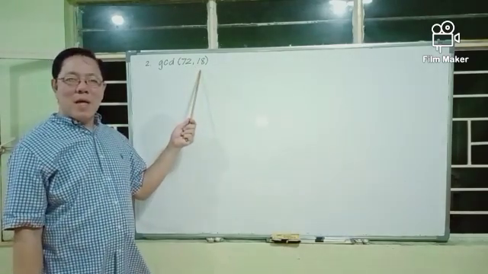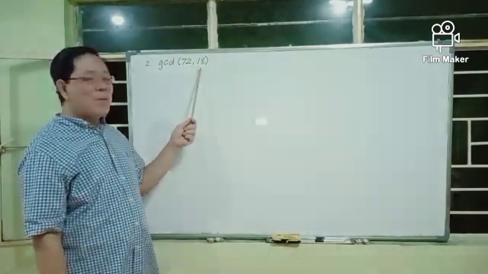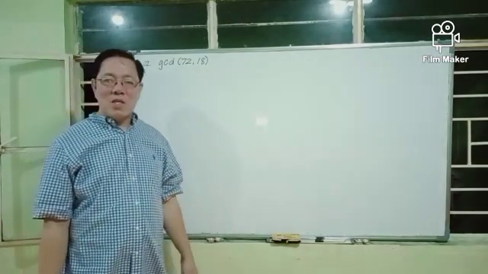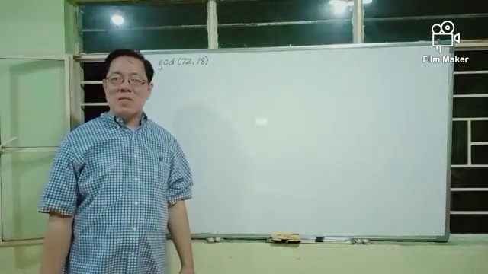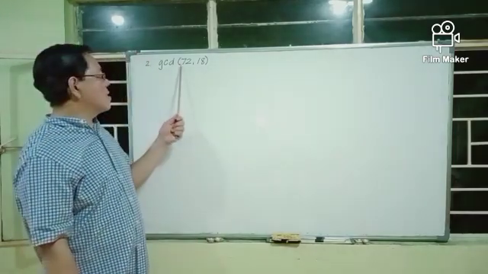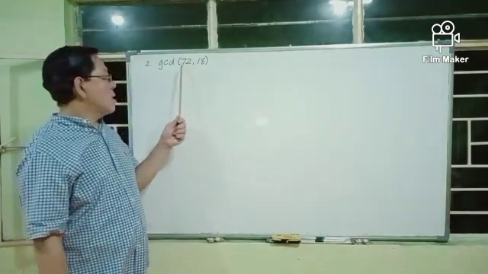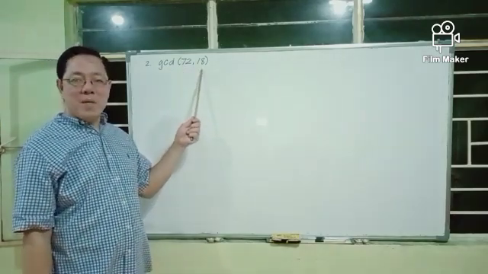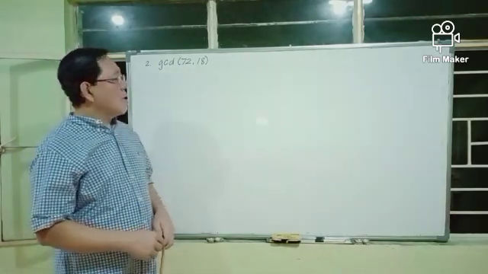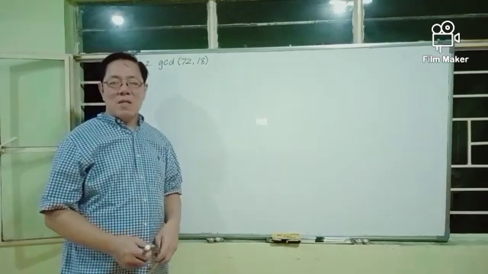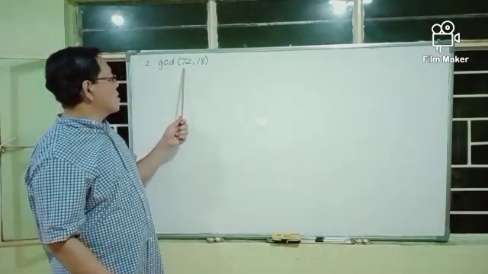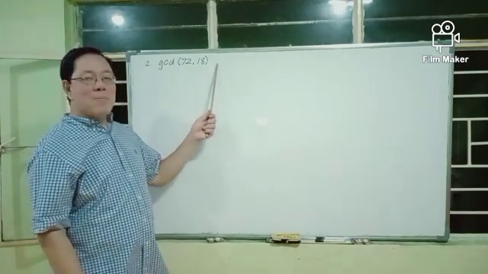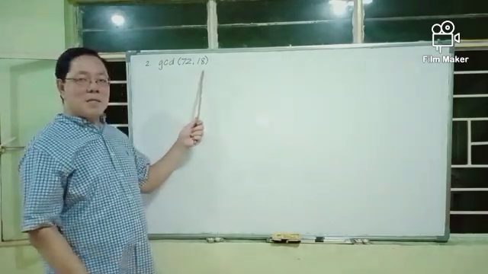In this example, A now is 72 and B is 18. Again, the condition for application of the Euclidean algorithm is satisfied. A must be greater than B. A, 72, is greater than B, 18. And by the result we obtained earlier, the greatest common divisor of 72 and 18 is equal to the greatest common divisor of B, 18,